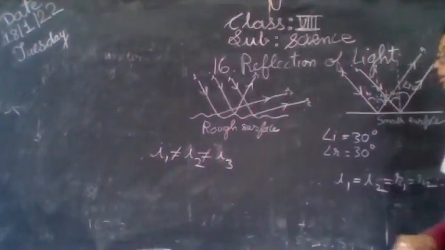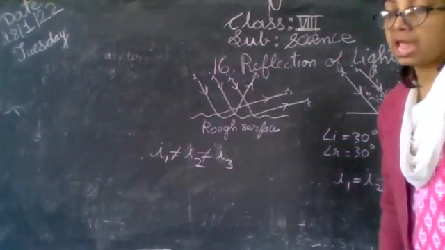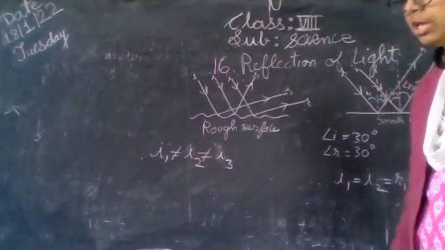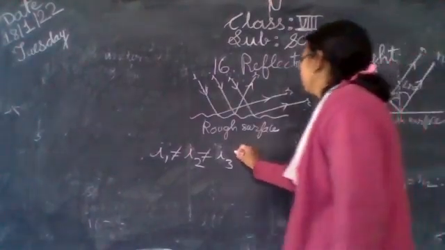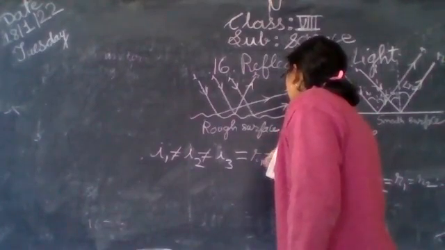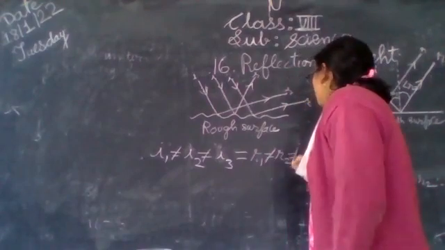Not a single angle is going to be the same. In that same case, the angles of reflection are also not going to be the same. Angle of reflection 1 is not equal to angle of reflection 2, which is not equal to